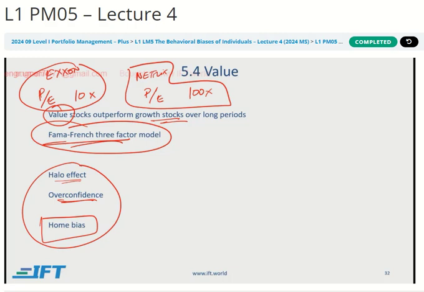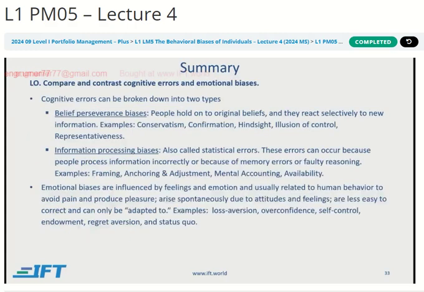But anyways, what you need to know for the exam is that this is one of the market anomalies: value stocks tend to outperform growth stocks, which means if you invest in value, then you can outperform the overall market. And why does this happen? Because of these biases, where we glorify the growth stocks too much and treat them as saints and have too much confidence in them, which leads to their overvaluation, and then later they don't seem to perform that well. So that is it for this very interesting learning module.